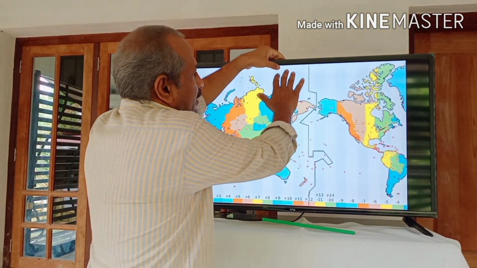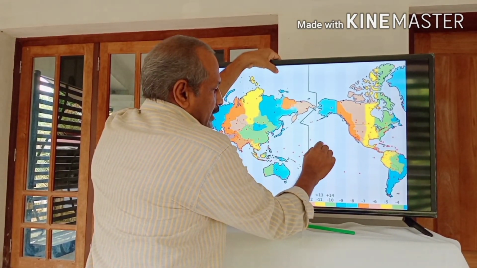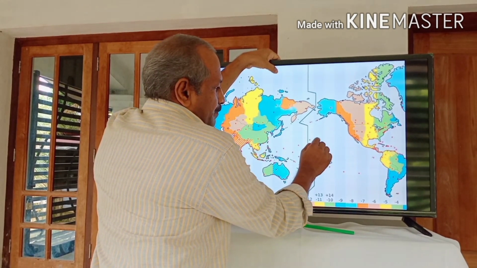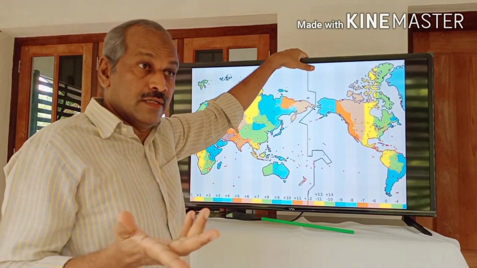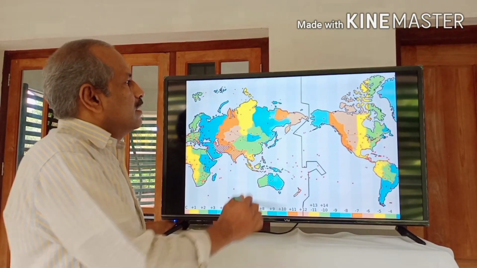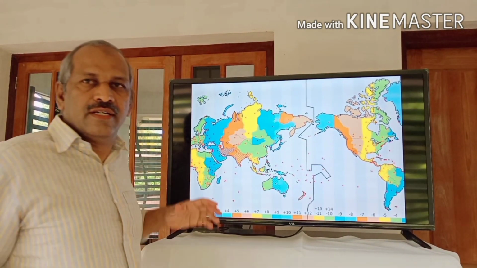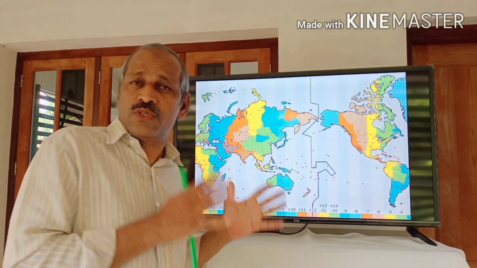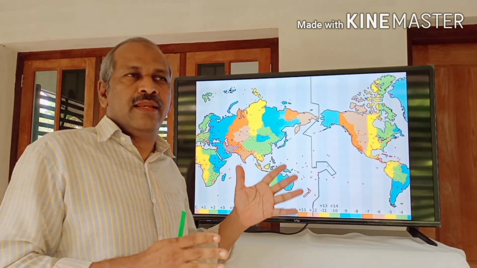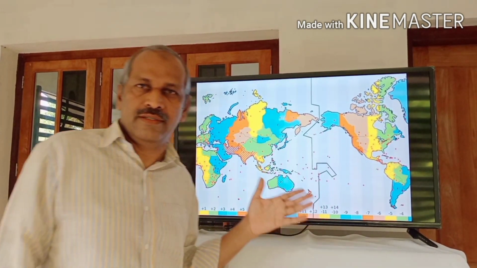Again, for example, in our example it is Friday here, and here it is Thursday. And a traveler who crosses this line from west to east, from the west that is Friday, and crossing that line he reaches Thursday, last Thursday. So this 180 degree longitude or international date line, based on which day is decided worldwide, is so strange, so funny. And a lot of fun relating to this line is there. So you may watch and enjoy the music of the international date line.